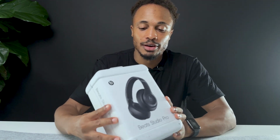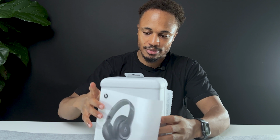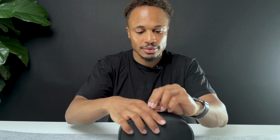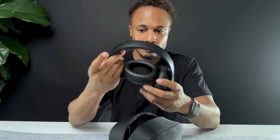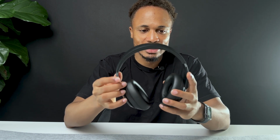All right, and here they are, the Beats Studio Pro, and let's open it up. Very nice looking design with the box. Beats Studio Pro comes in a case. But they definitely kept the classic Beats design with the Beats B and just the way that they kind of extend and close up. It's feeling a little bit stiff,